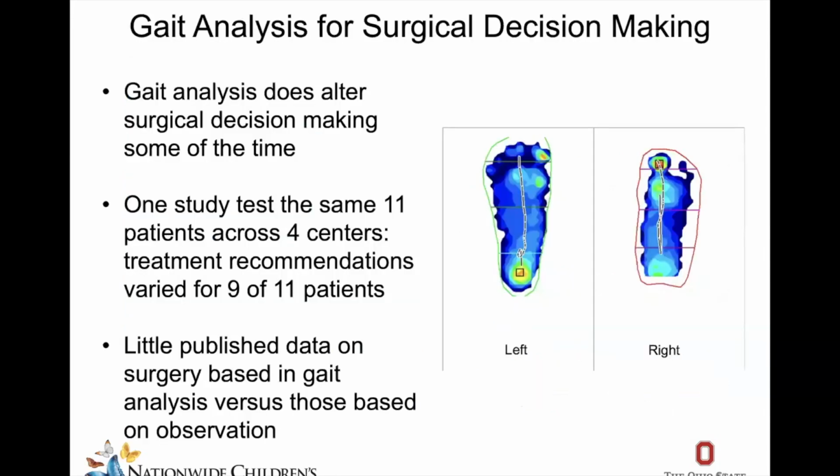How do we use gait analysis? Gait analysis does not alter surgical decision-making all the time. One study in 11 patients across 4 centers demonstrated treatment recommendations varied for 9 of 11 patients. So there is little published data on surgery based primarily on gait analysis. Now that's a bit of heresy because there are a number of centers that use this solely for determination of SDR, but I think this has never been shown to be superior to the qualified clinician in determining who would benefit